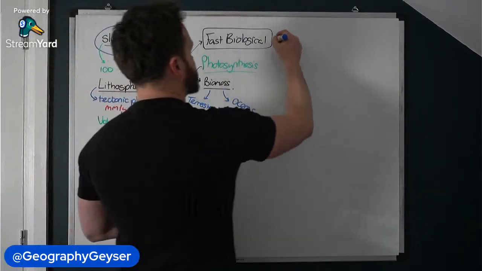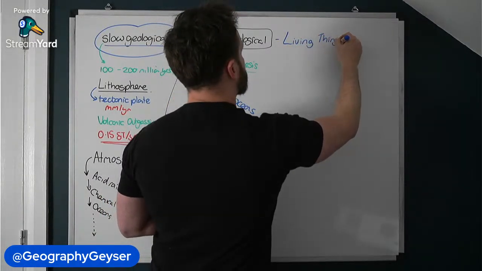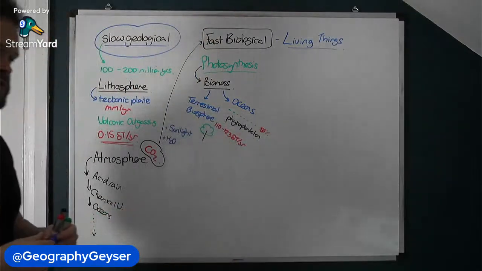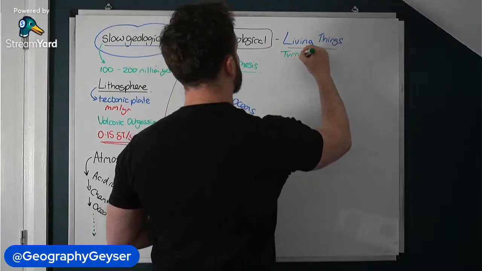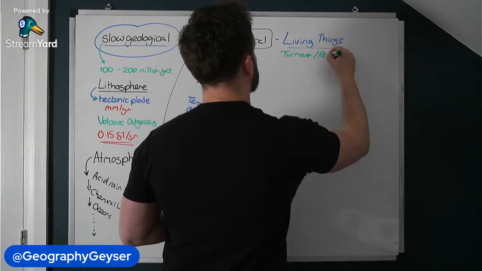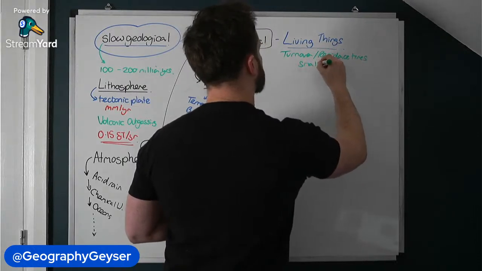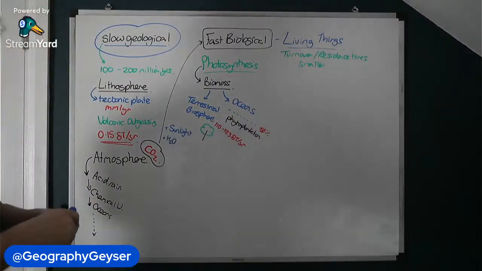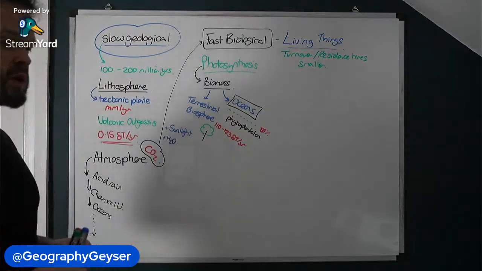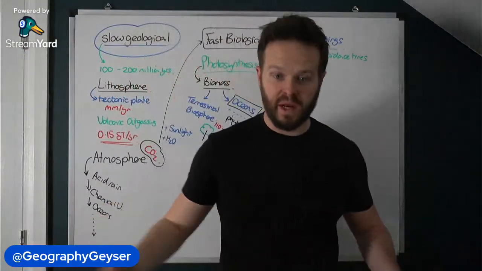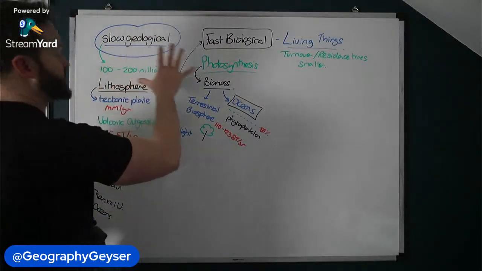So it's essentially thinking about how carbon is moving through living things. Yeah, so the turnover time, this is a really important concept in the fast biological cycle and the slow one, to be honest, but your turnover and your residence times are a lot smaller. So what we're going to do tonight is go through primarily the oceans. So once it's in the oceans, what does the fast biological cycle look like when it's in the ocean store? But I think it was worthwhile going through how do we go from slow geological to fast biological.